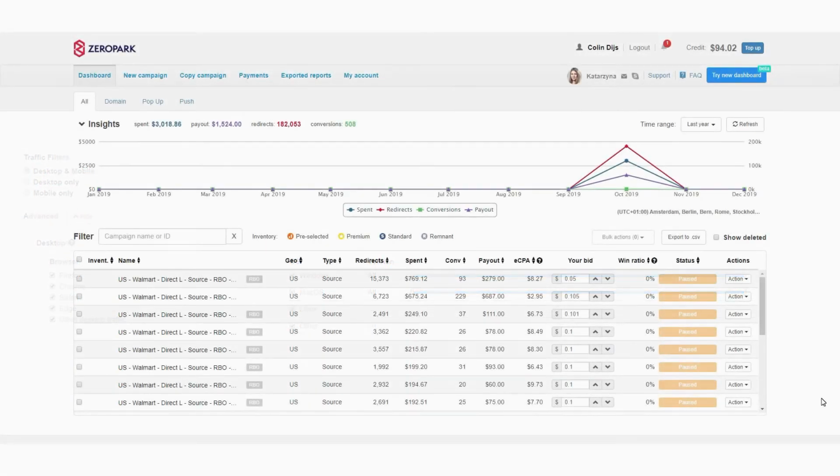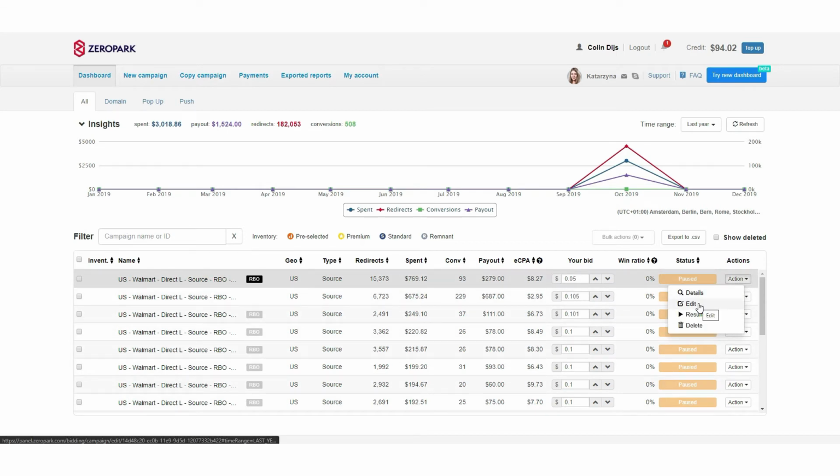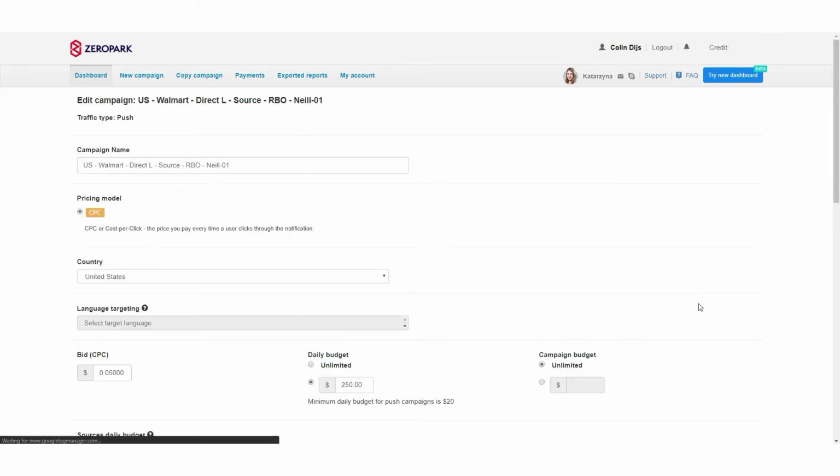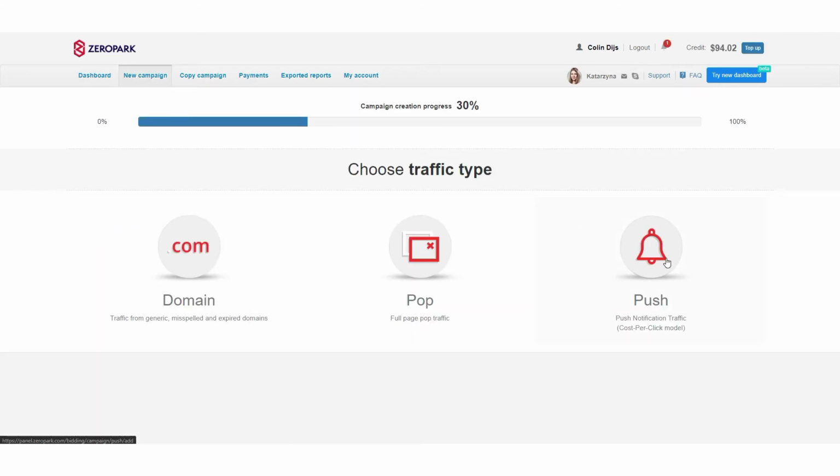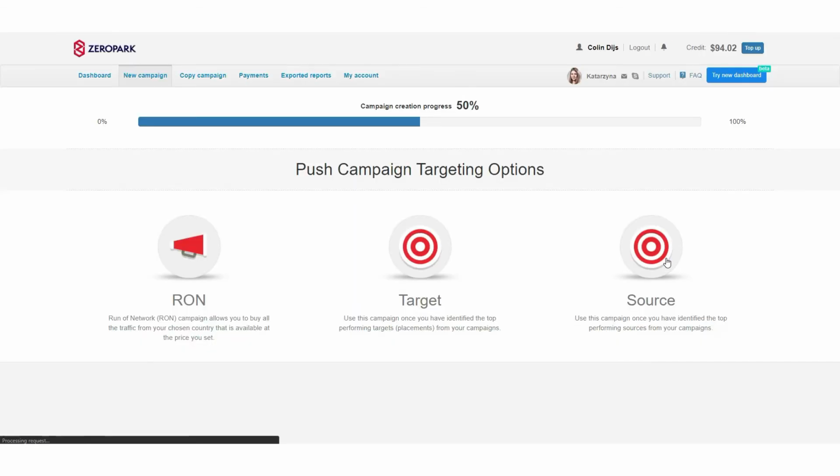So how do we use it? There are two ways to access your advanced settings for your desktop targeting. If you already have a campaign and you need to modify anything, you can go to your action and select edit campaign. Or if you want to set up a new campaign, all you have to do is choose your traffic options